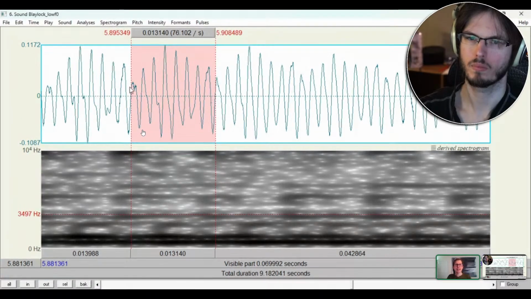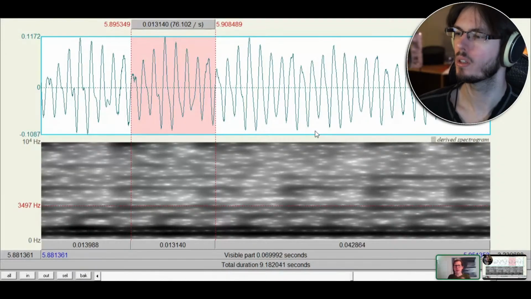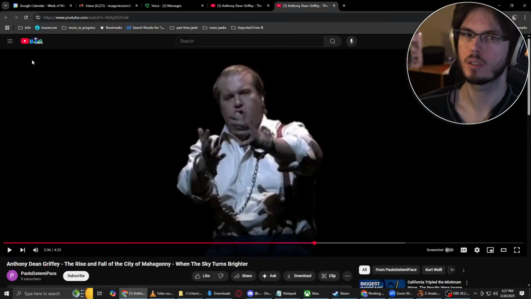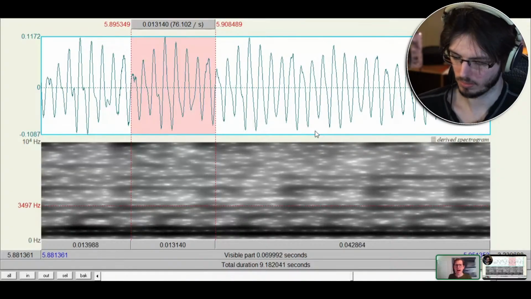I can see that this wave lasts for 13 milliseconds. And that turns out to be a frequency of 76 hertz. Earlier I looked up what 76 hertz was on a piano, but I've forgotten now. It's pretty low. I believe it's a little above E. I think it might be F. It's like an F2, I think. Not absurdly low. I'm a baritone, maybe a bass on a bad day.